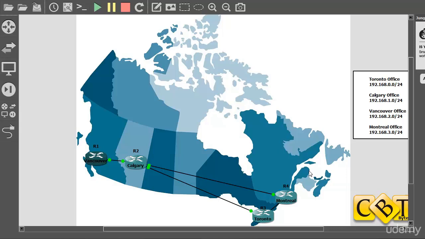Hi there, welcome back. In this lab we're going to look at how we can set up DHCP on a Cisco router. DHCP being the method of automatically assigning IP addresses on a given subnet